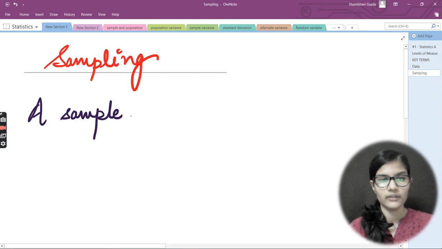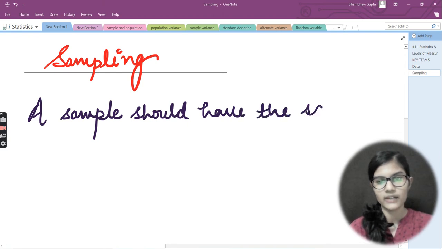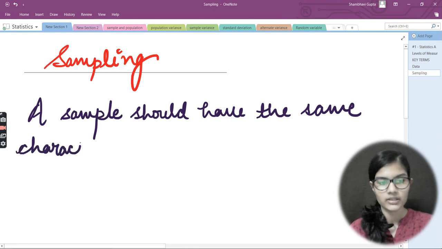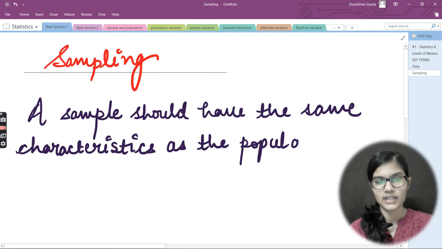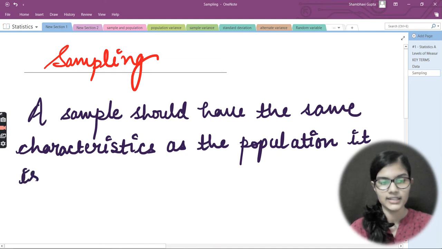A sample should have the same characteristics as the population. It is representing.